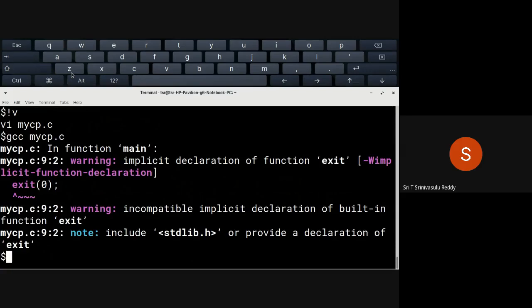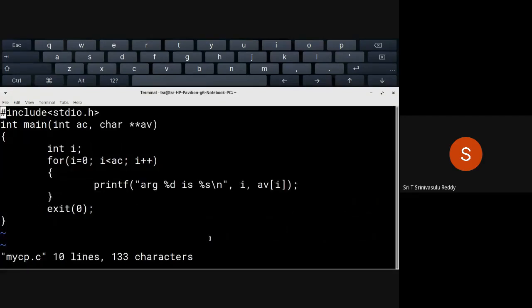So exit, because you are using exit now. Exit is a system call, and you are trying to use it, but it has a prototype. We have only included stdio.h. stdio.h contains the prototype or signature of scanf, printf, that kind of thing. Whereas the exit prototype is available in this particular header file, stdlib.h. So either we should not use exit, or if we want to use it, we should include this. That is the only small change that we have to do. So let us include it.